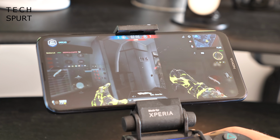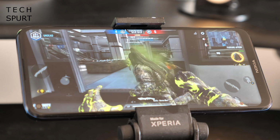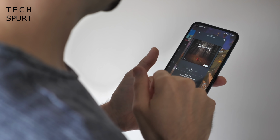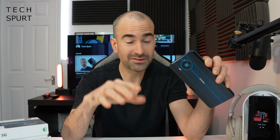A Snapdragon 765G chipset runs the show, and it still copes well with even quite demanding gaming fare, while the Nokia 8.3's 4500mAh battery will happily keep you going all day long, even with plenty of screen on time. And as usual, manufacturer HMD Global teamed up with optics expert Zeiss for the Nokia 8.3's camera tech. I've actually done a full review of that camera as well, so go check that out for all you need